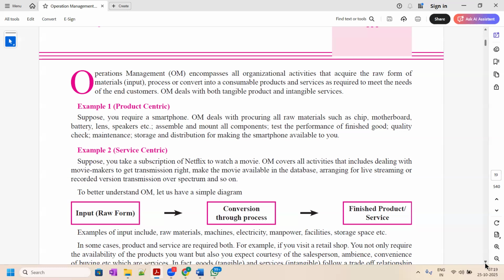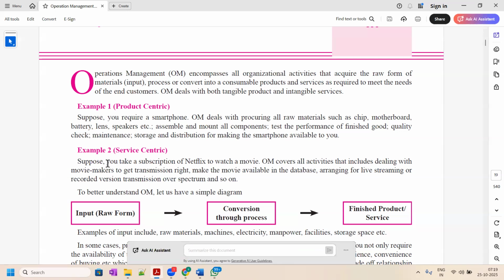Whenever we engage ourselves in operations, we basically handle two kinds of things. It can be tangible products or intangible products. Tangible products are those which you can touch, like a phone. Intangible products are those which you can't touch, maybe service based products, like